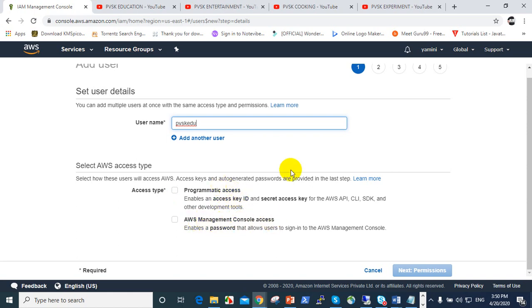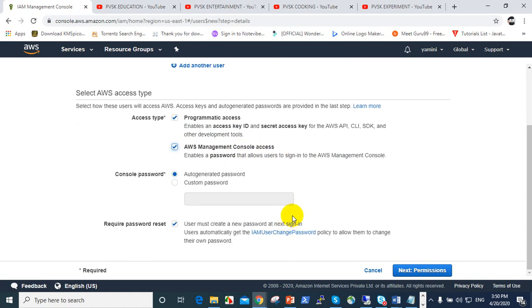Programmatic access enables an access key and secret access key for the AWS API, CLI, SDK, development kit, and other deployment tools, so it allows the command line interface. You should select this if you want it, otherwise remove it. And also, for access to our console, select the console access.